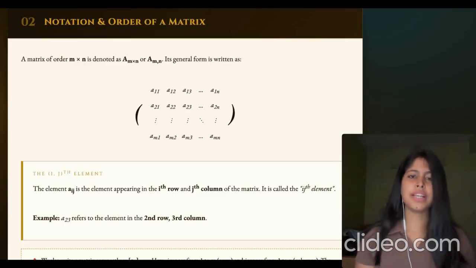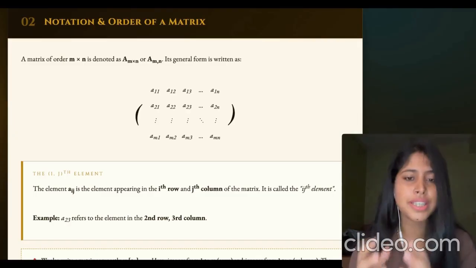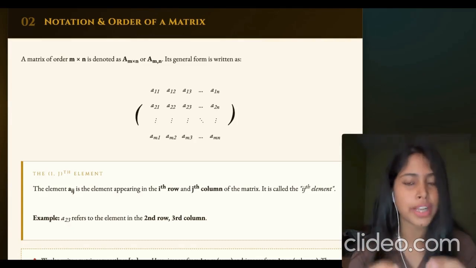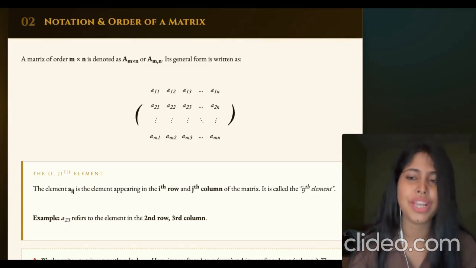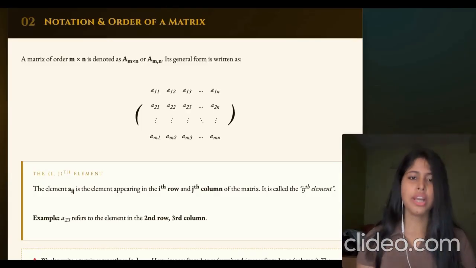Basically, what I am trying to say is that if you have a subscript 2 3, this will mean the element sitting in the second row and the third column. It is just as simple as that, right? Now here is something your textbook might not explain clearly. The numbers i and j are called the indices of that element. i always refers to the row and j always refers to the column. Row first and then column. Row first, column second.